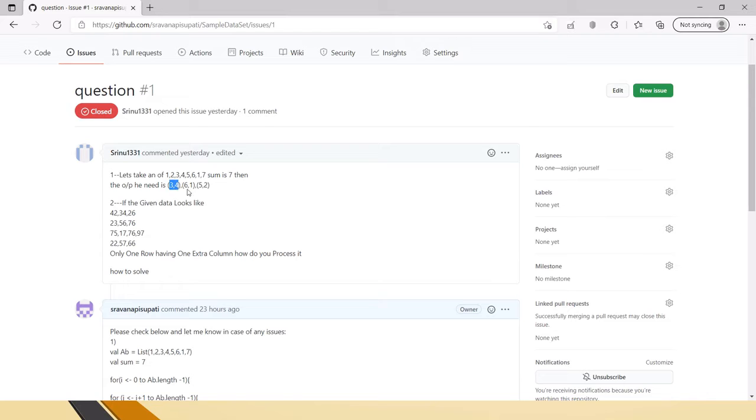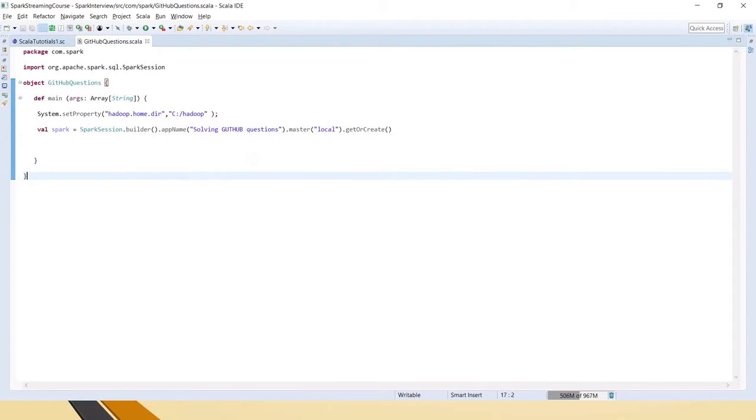The output should pair the elements such that the sum of those two elements equals the sum value that we are giving. So we have to pair elements where the sum of the paired elements is equal to the sum. Now let's see how to solve that.